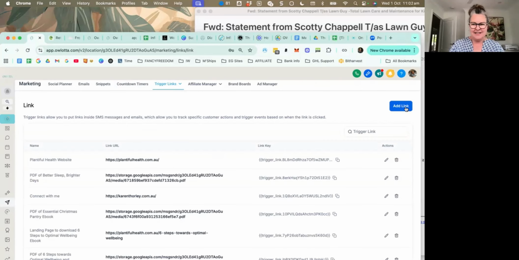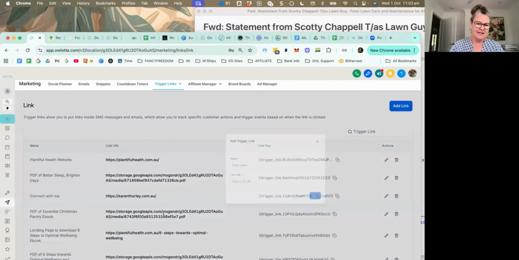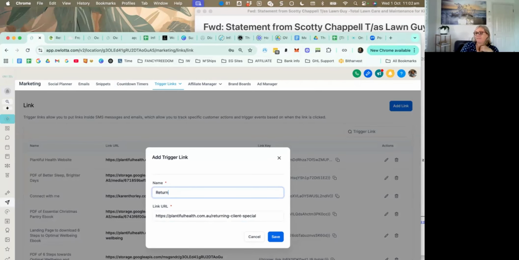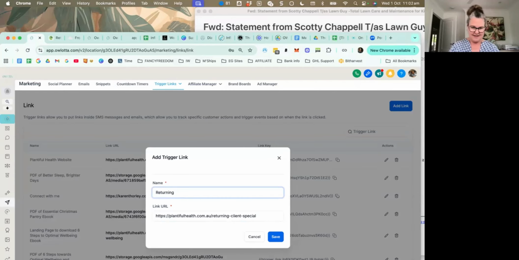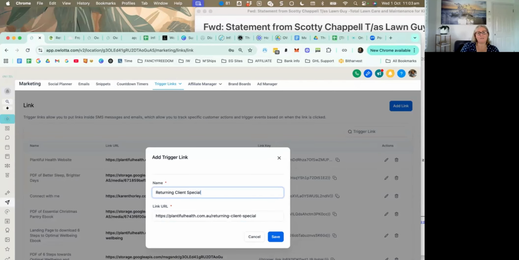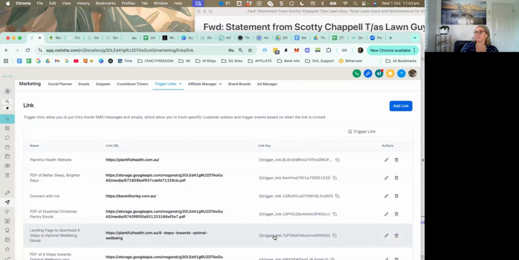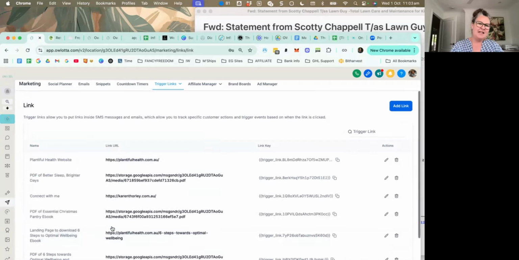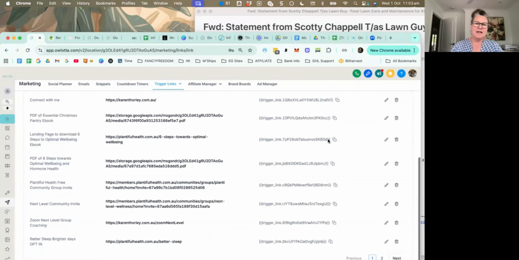Okay, so we're in trigger links and we're setting up a trigger link. So we paste in the link and I'm going to call it returning special. Nothing like not having consistent wording, but anyway. I'm trying to have consistent wording, but I'm not very good at that. That's all right. We know it's returning. Okay, so then that will now be in that list when you go to it, and it will put a trigger link in. So the final piece,